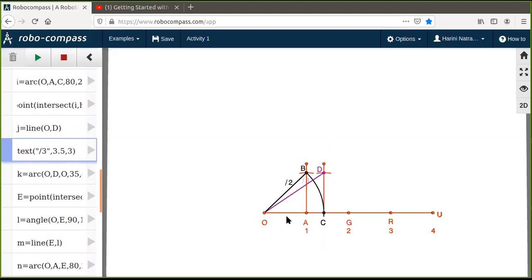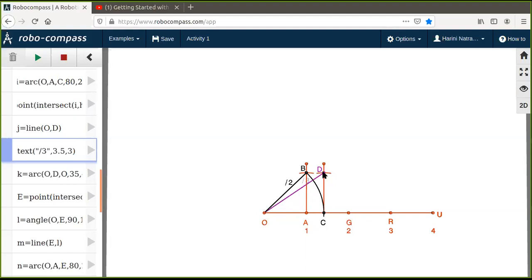Now what is OC according to my number line? That is the length root 2, because your OB and OC are nothing but the radii of the same circle. So your OC also is going to be root 2. And your DC I know is 1 unit because I've taken the length OA and I have cut this arc here. So DC is 1 and OC is root 2. So when I square these two sides, root 2 square is root 2 into root 2, which will become 2. So OC square has become 2 and your DC square has become 1. So 2 plus 1 becomes 3. So your OD square will be 3. So my OD will automatically become root 3, or this length OD represents root 3.